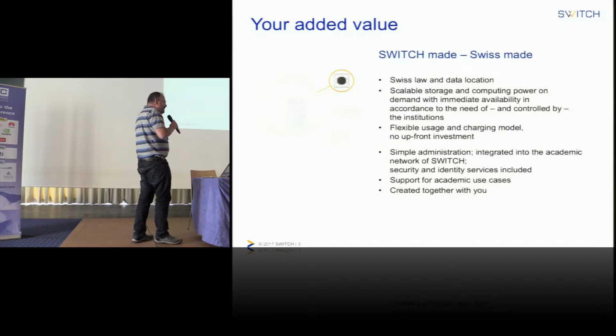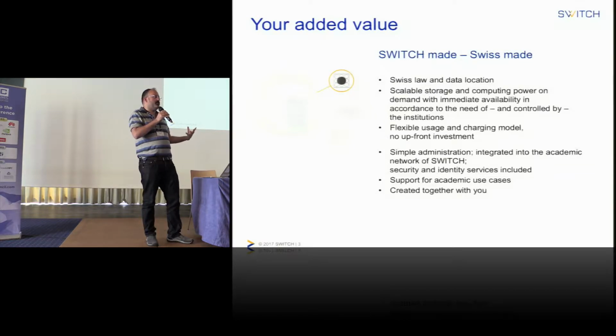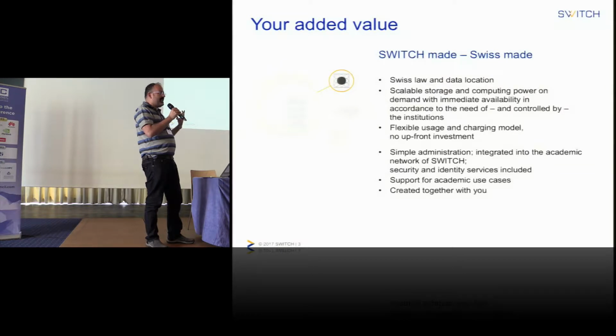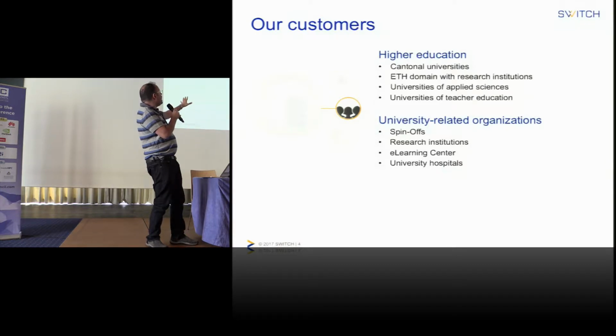And why do we do infrastructure as a service on this, let's say, smaller scale? Because we all know there are the big players. There is Amazon, there is Azure, but what we try to do is to make a service for our community, the Swiss academics. So we try to make onboarding easier, and we try to design the services in a way that makes it easier for Swiss academics to work. These are our customers: universities, but also spin-offs and research institutions.